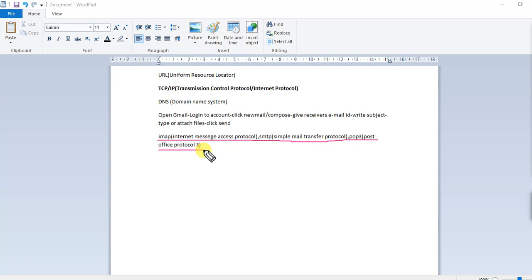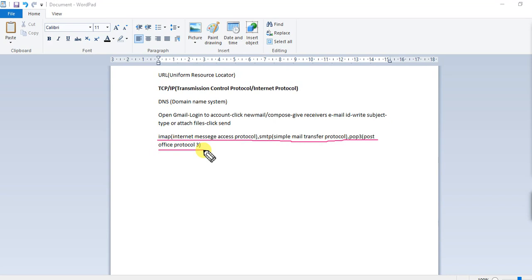Remember Internet Message Access Protocol, IMAP. Then POP3. POP3 means Post Office Protocol 3. These are the easiest to remember. IMAP, Internet Message Access Protocol.